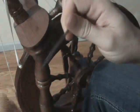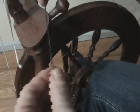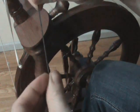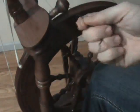First twist in yarn, then it's strong, right? You can't, well you could, but it takes a bit to break that. So if you want to have a nice smooth join, you just basically untwist it back a little ways and it just slides right out. And then you get your